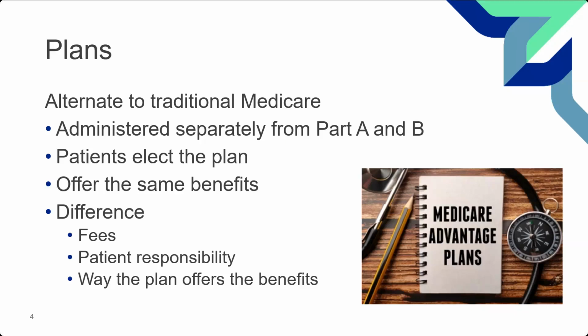Okay. There are some basic rules. They must offer the benefit that traditional fee-for-service does. Did you guys catch that? They must offer the benefit. Here's what they don't have to do. Does the benefit have to be offered the same way as traditional fee-for-service Medicare? Nope. Does the benefit have to pay the same amount? Nope. Do they have to follow the same Medicare guidelines? Coverage guidelines, yes. So they must cover something that would be within a national coverage determination or a local coverage determination for that state. However, they can do it in a different way. And I'll talk more about that in just a second.